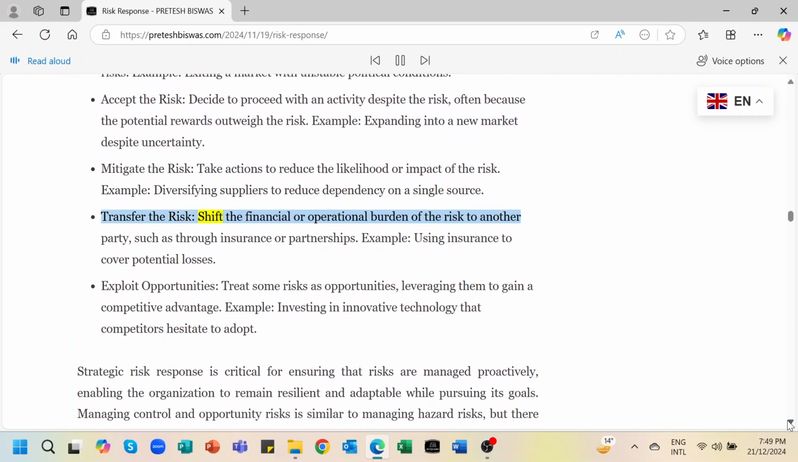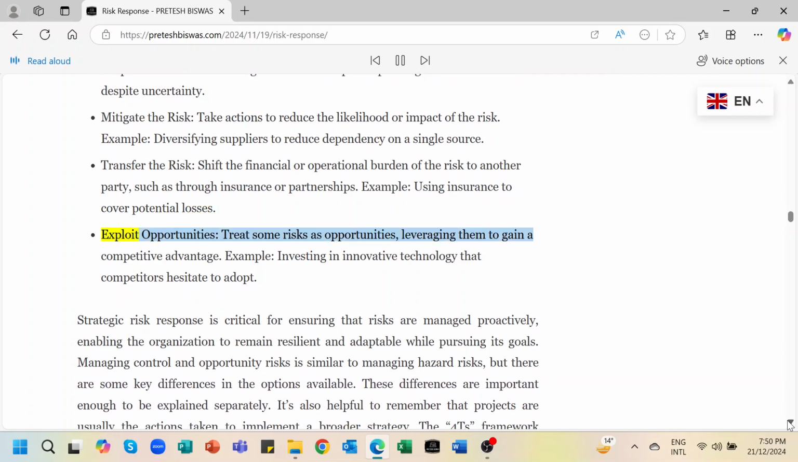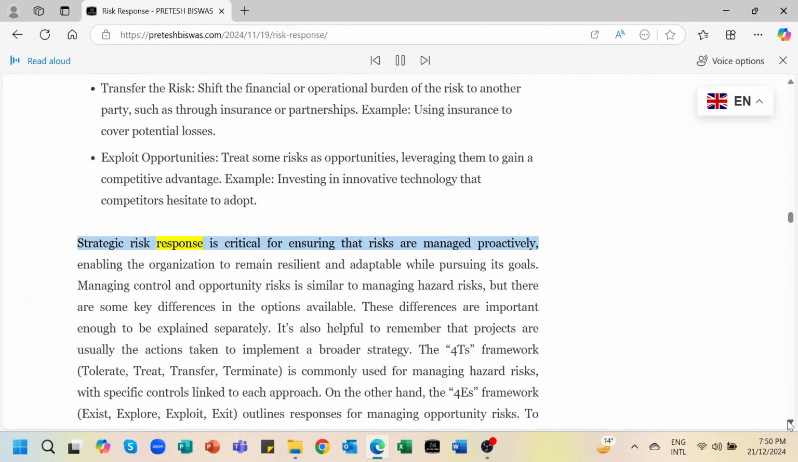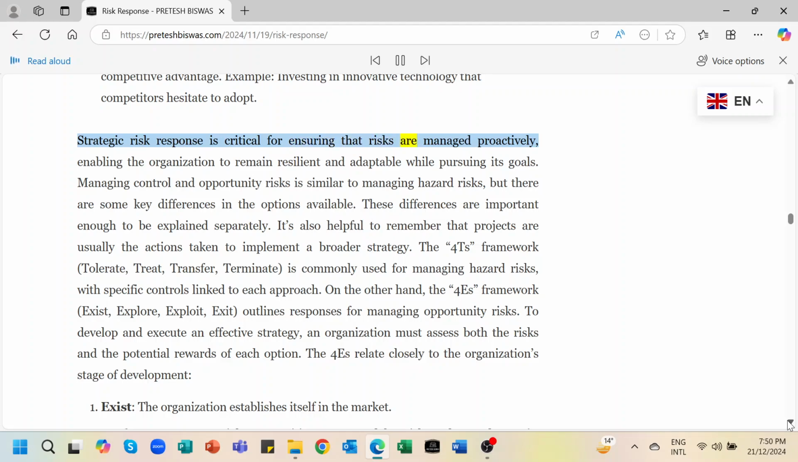Transfer the risk. Shift the financial or operational burden of the risk to another party, such as through insurance or partnerships. Example: using insurance to cover potential losses. Exploit opportunities. Treat some risks as opportunities, leveraging them to gain a competitive advantage. Example: investing in innovative technology that competitors hesitate to adopt. Strategic risk response is critical for ensuring that risks are managed proactively, enabling the organization to remain resilient and adaptable